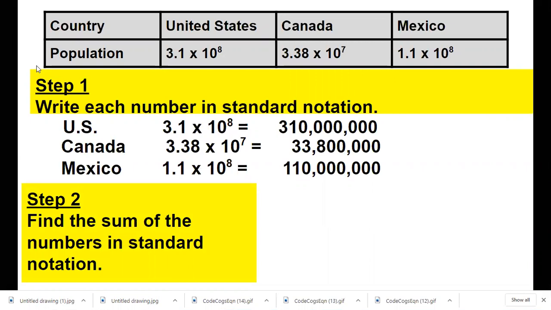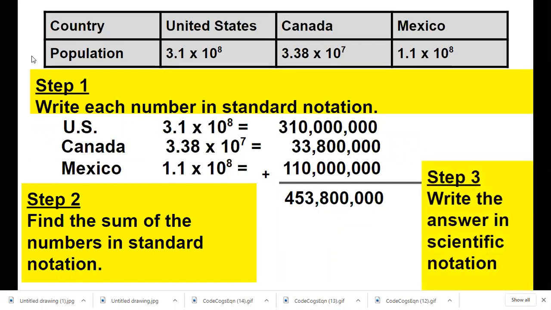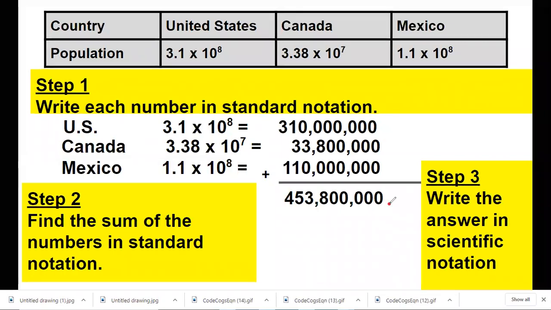So how do you find the sum of numbers? You add them up. So we then add them up, and we get 453,800,000. But then we need to write the answer in scientific notation. How do I do that? Well, I start with the decimal at the end, and I'm counting how many jumps I'm making. 1, 2, 3, 4, 5, 6, 7, 8. I'm going to put the decimal right here, because that's a number between 1 and 9.99. So the answer will be 4 point,